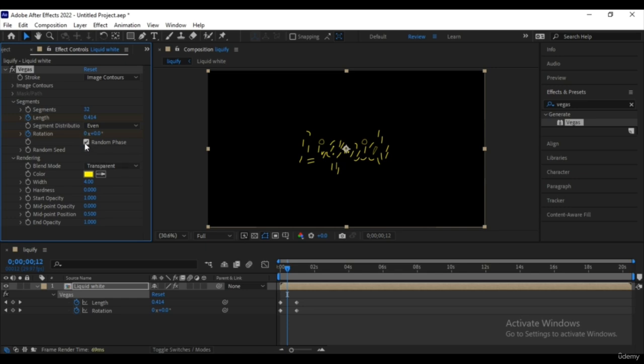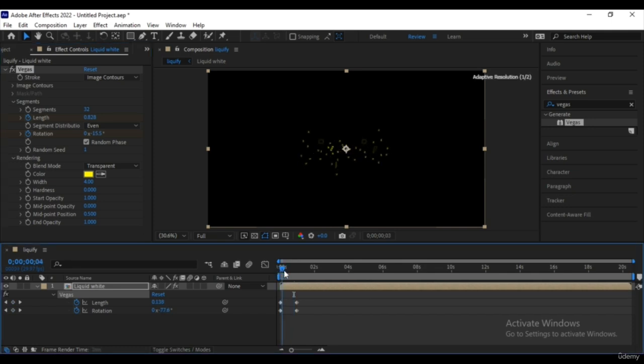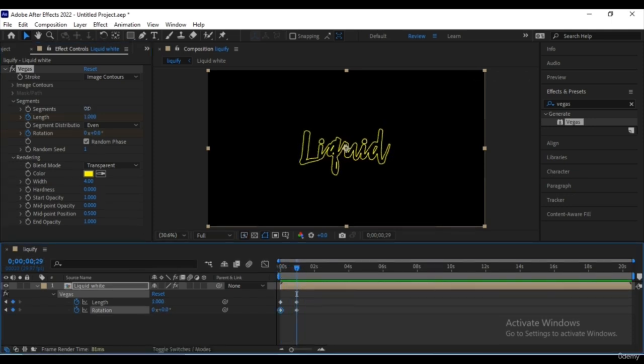And then for the rotation at the beginning, enter -90. Then change the segments to 1, so it would have something like this.